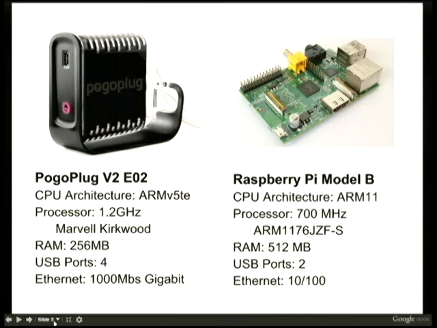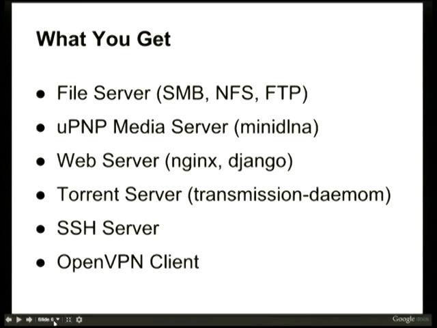But if you look at the specs, the Pogo plug has a slightly faster clock speed, but the Raspberry Pi has a newer architecture and more RAM. The real downside is that the Raspberry Pi only has a megabit Ethernet adapter, but if you're all on Wi-Fi anyway like I am, then that's probably not the biggest worry that you have. So what I have set up running at home, and what you can get working, is